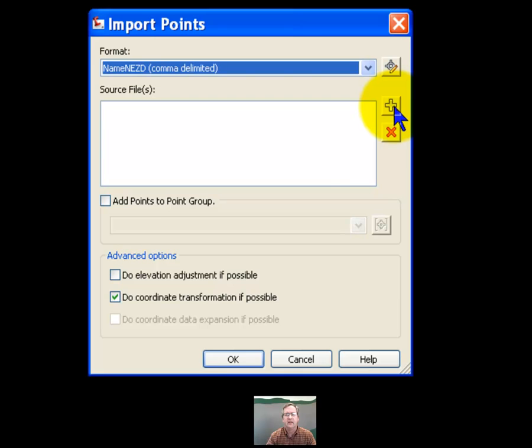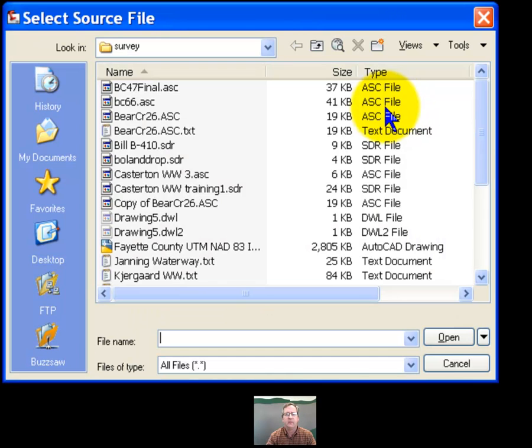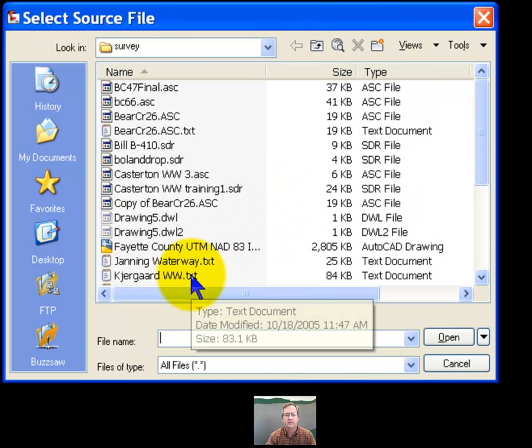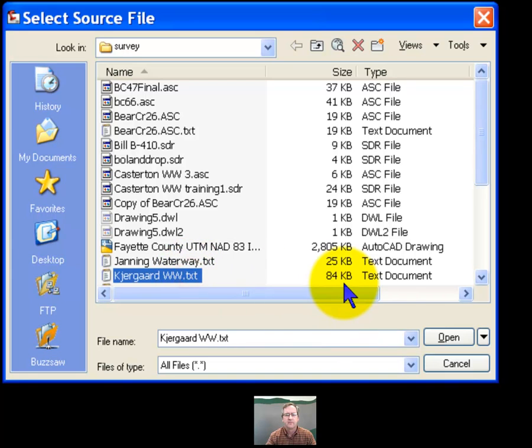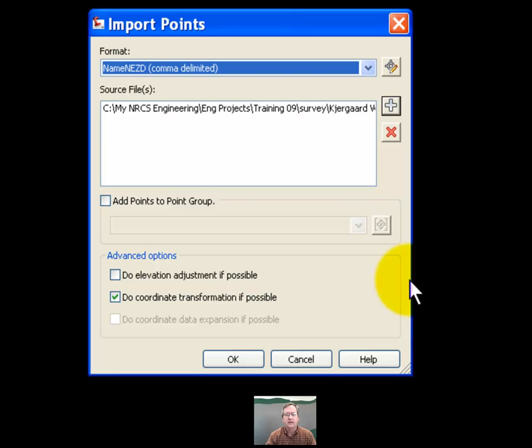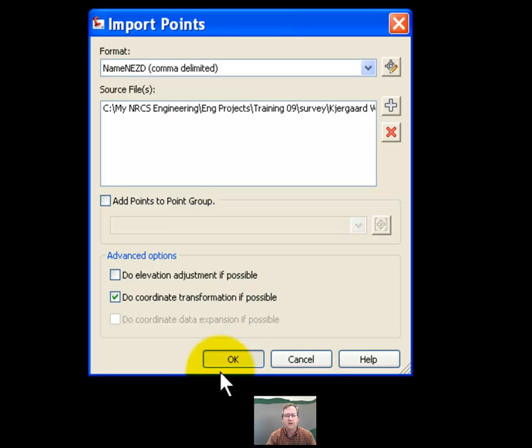I'll select that, and I'm going to go ahead and find the point file that I want to bring in. I'll go ahead and click Open. I don't have to worry about adding points to a point group because it's automatically going to occur the way we have our template set up, and the advanced options aren't critical for what we're doing at this time either. I'll go ahead and click OK,